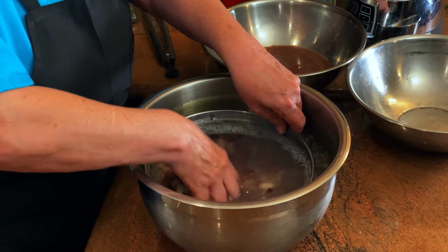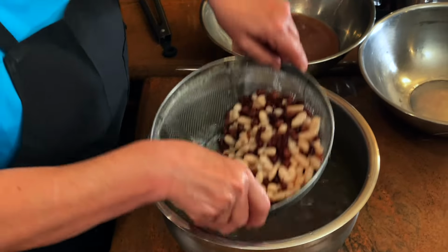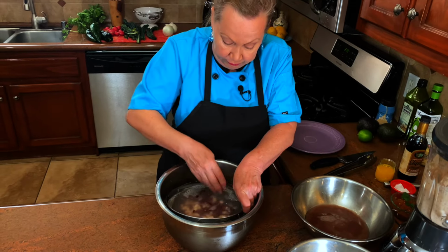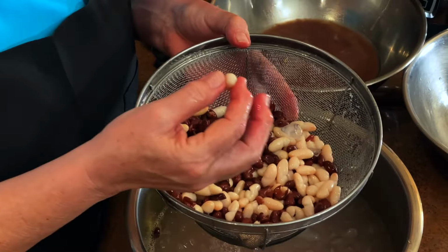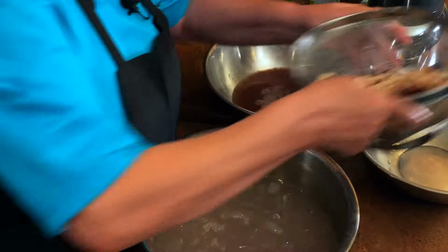And you can really see that the water is foamy and got a lot of cloudiness to it. So we want to just keep rinsing, keep repeating, and get all of the foam off of the beans. And what you end up with are really firm, bright, fresh tasting beans, and no one will ever know you used a can. All right, so we're going to drain those and we're going to put them in the blender